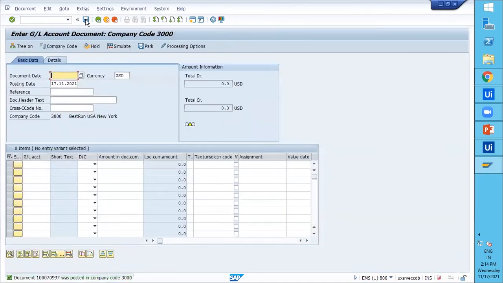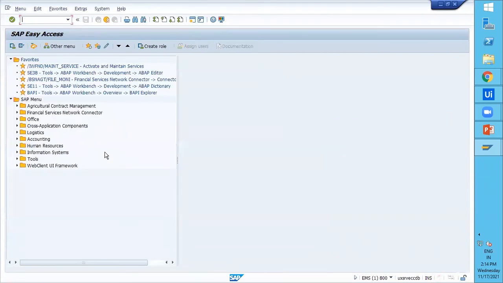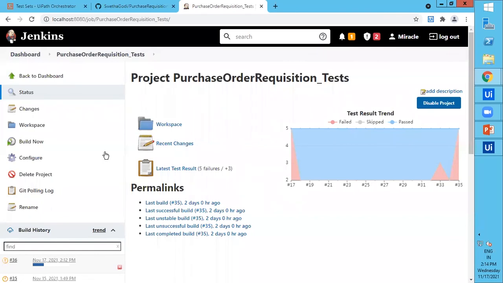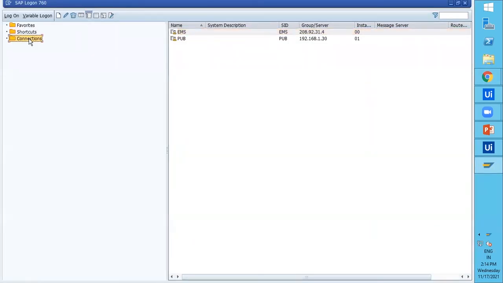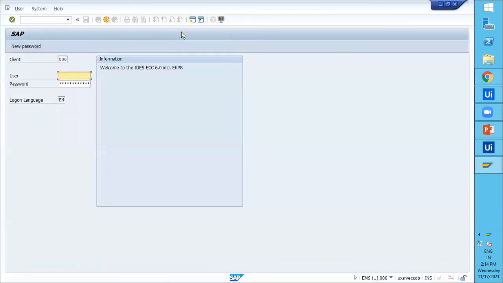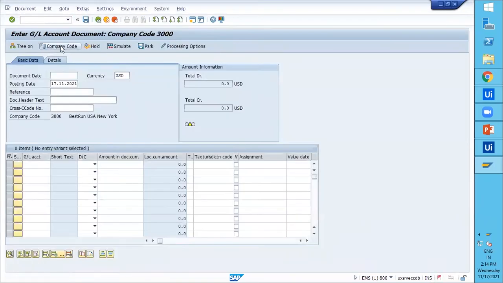So yes, we got the document number, so this test case will be passed. Now the bot will execute the third test case. Here everything is automated by the bot itself, with no need for any manual intervention. Again, it logs in to SAP and does the same steps.